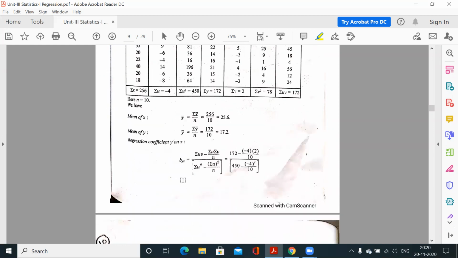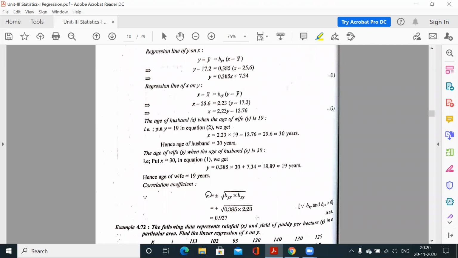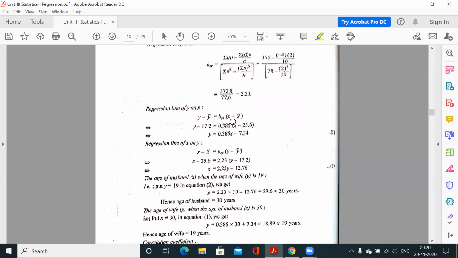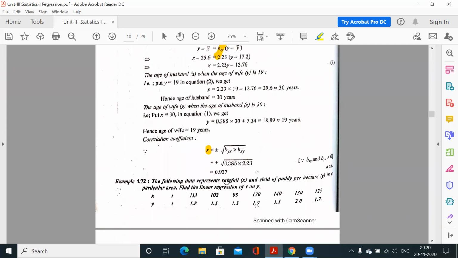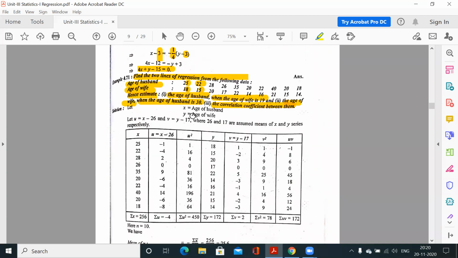Correlation coefficient is R. If you remember the formula, R is the square root of the product of the regression coefficients. So because for the regression lines we need to calculate the regression coefficients, we multiply those regression coefficients and take the square root, and we will get our correlation coefficient. So we have to assume one variable as x, the other variable as y. We can take any; suppose age of husband is the x variable and age of wife is the corresponding